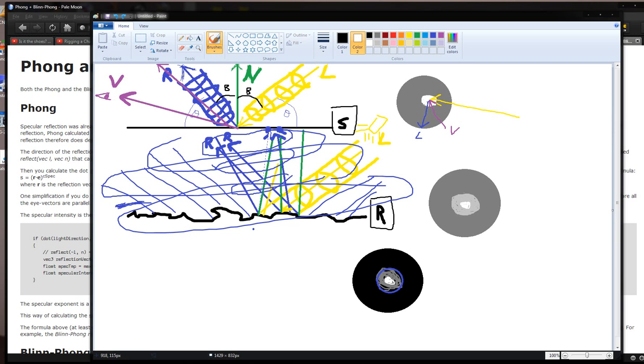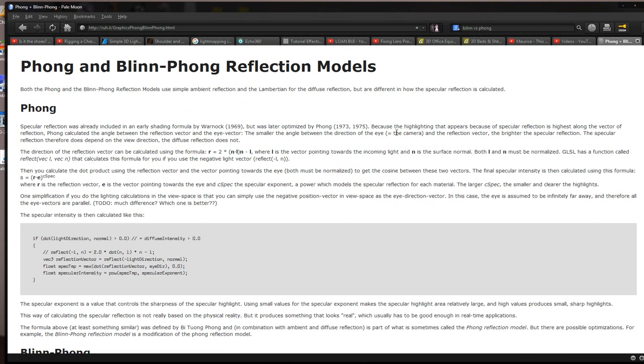So basically, as the cone gets wider, the light is still too intense. It's not physically accurate. It's not conserving energy, the Phong model, nor the Blinn model